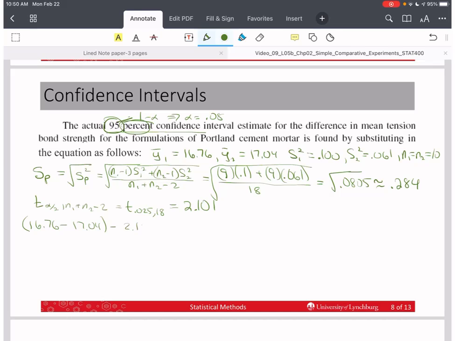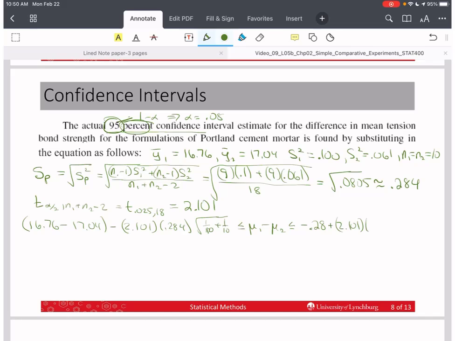which is 2.101, times s sub p, which is 0.284, times the square root of 1 over 10 plus 1 over 10, which is 2/10, which is 0.2. And we have mu1 minus mu2 in the center. And then we have the same thing. This turns out to be negative 0.28. And then we'll have plus